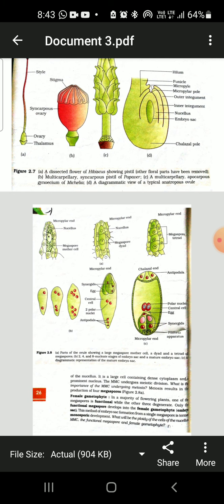remaining, in diagram C of 2.8, you can see the group of 3 cells at each end, that is the micropylar end and the chalazal end. If there is any confusion, you can see once again diagram 2.7D, which is showing the primary structure of an ovule. Here you can see that the embryo sac is enclosed by a single or double layer of integument, and the integument later on forms the